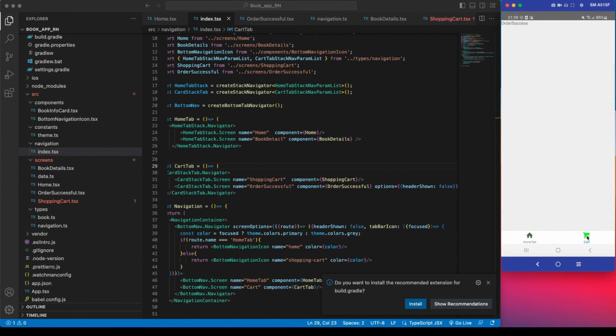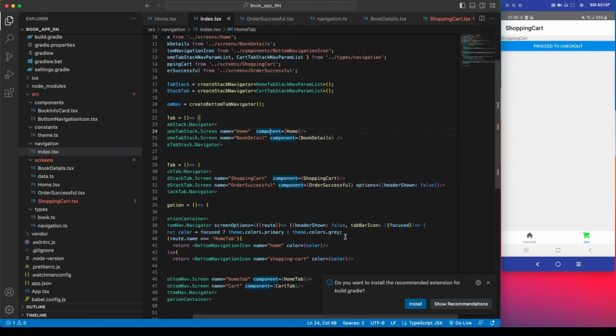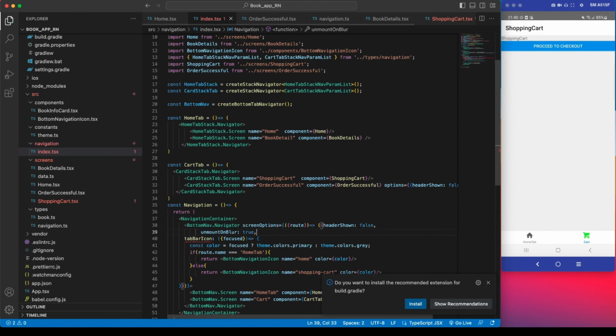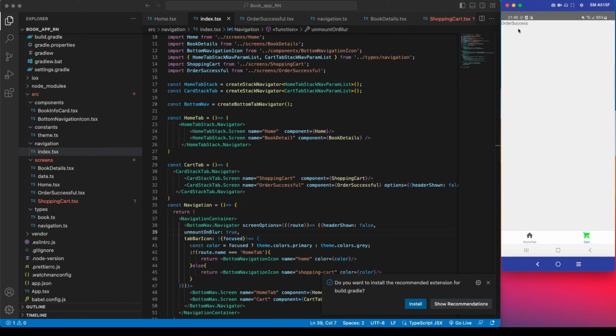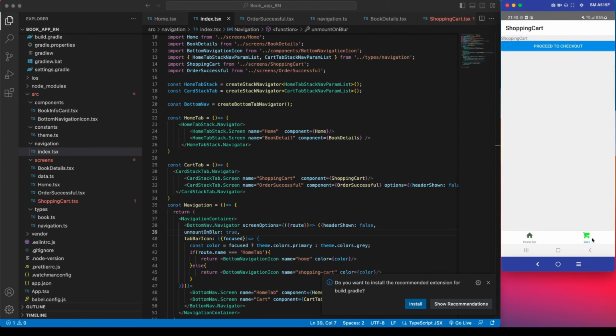If I click on this add to cart button, now in the order success page, in the navigation container, we will have to add some more options, like unmountOnBlur to be true. What it does is that if we click on the order success page, we show this order success. Now if we don't do this and come to the home page and come to the tab, it will be showing the order success page itself. So we have to unmount that,